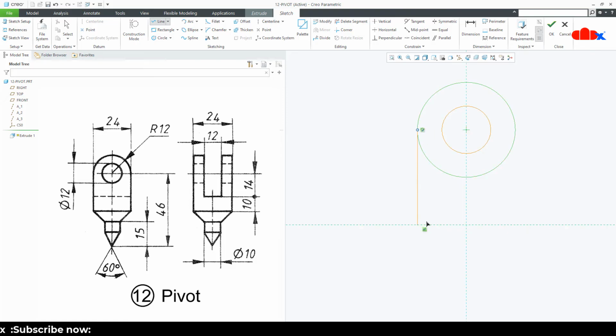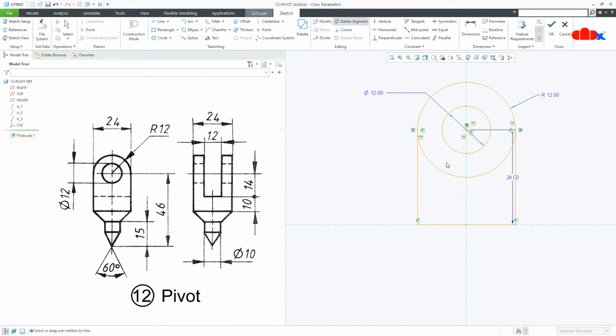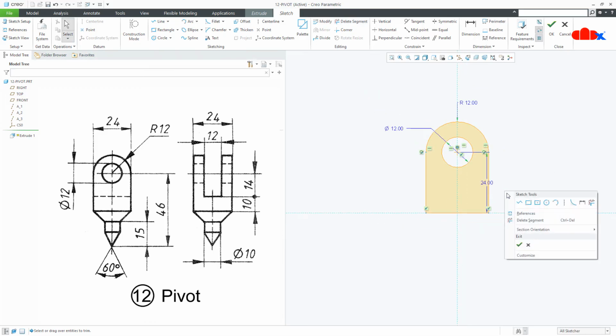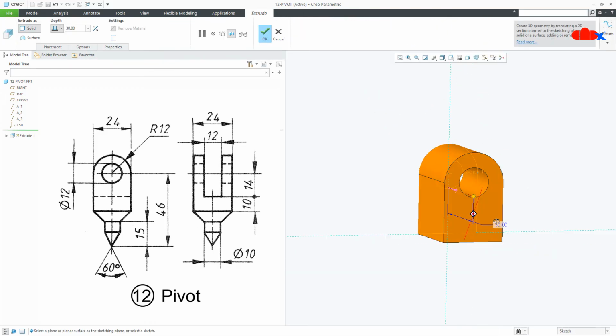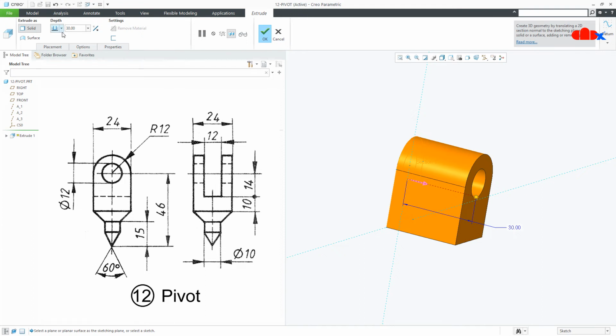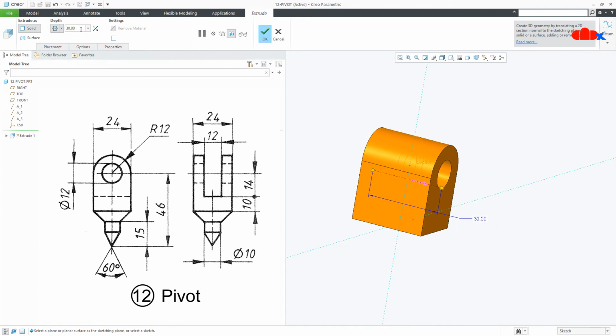Now draw a line just like this and like this. Delete these two segments. Now say OK. Make it symmetry, and this is 24.